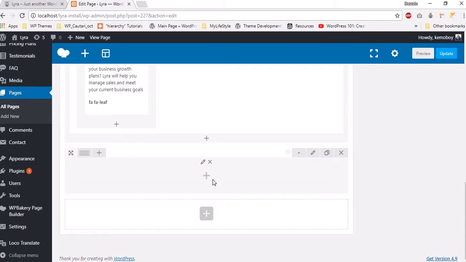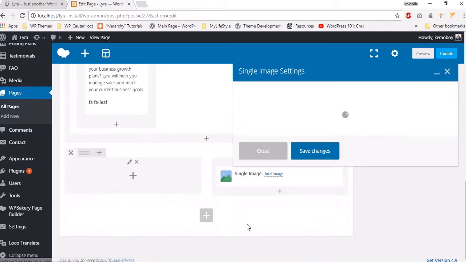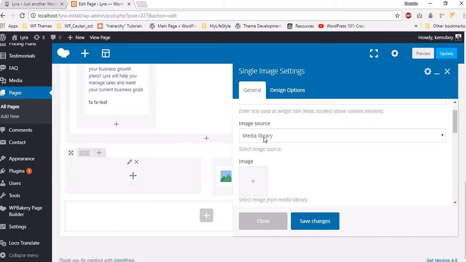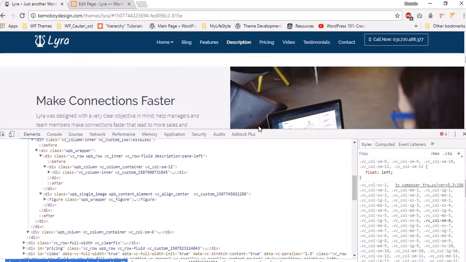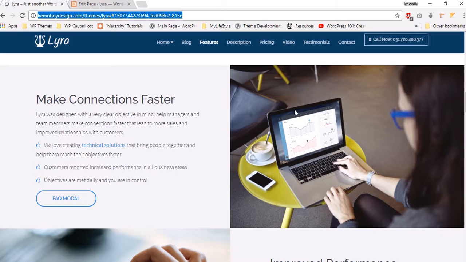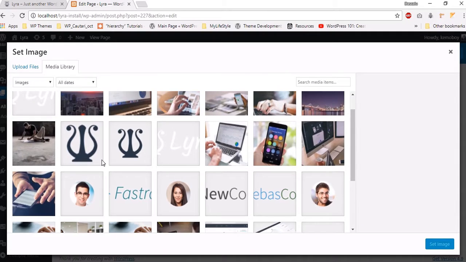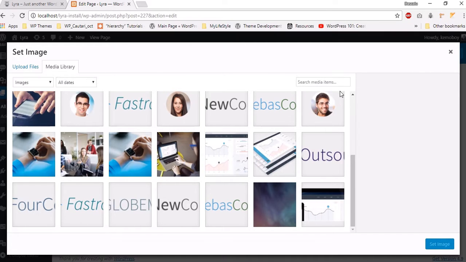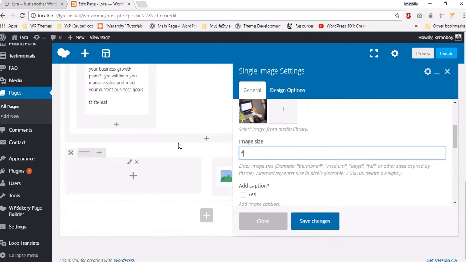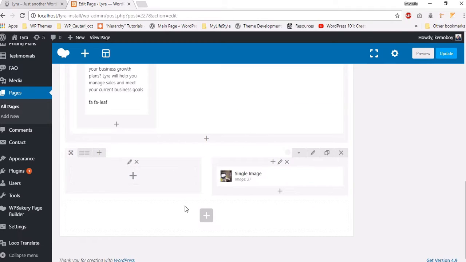okay, and here you want to split this row in two columns, and on the right one you may want to add an image, a single image, and image source media library, image, add image, and let's see what image I have here. I have this image, so let's search for that image. Okay, and here I have to leave it as full. You may specify the image size as full, or click save changes,